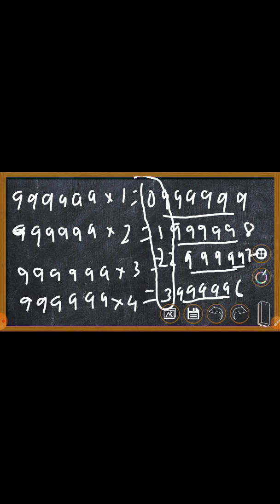Yes. Now let's look at the right hand side. Right hand side also the number is decreasing. It is 9 8 7 6. So the next number will be 5. Yes or no? So our next answer turns out to be 999999, which was the question, into 5, which we figured out.